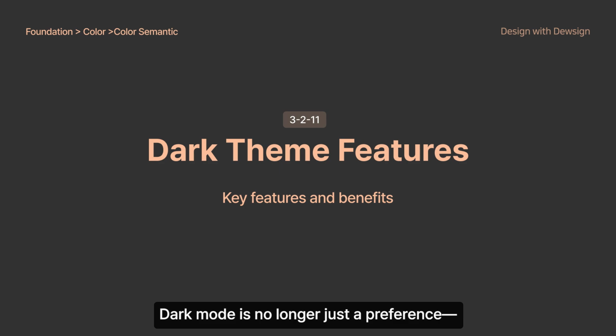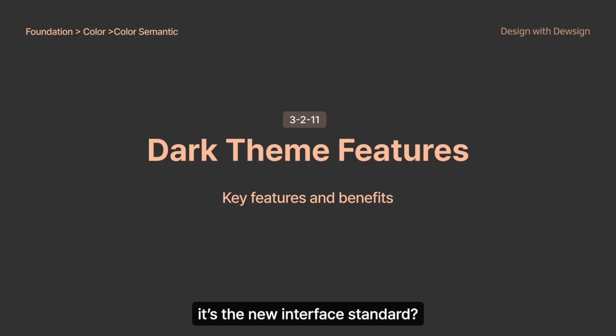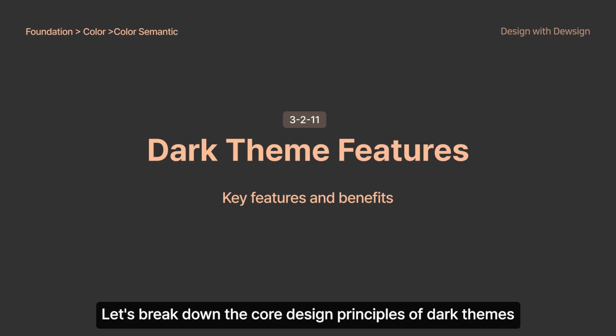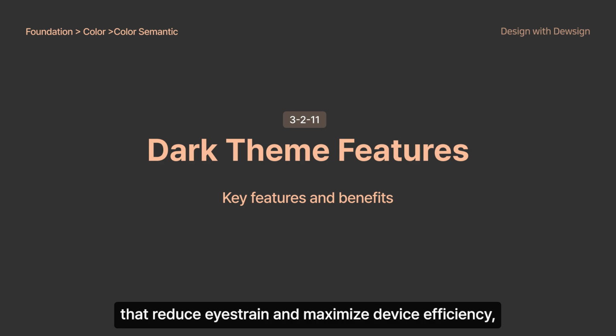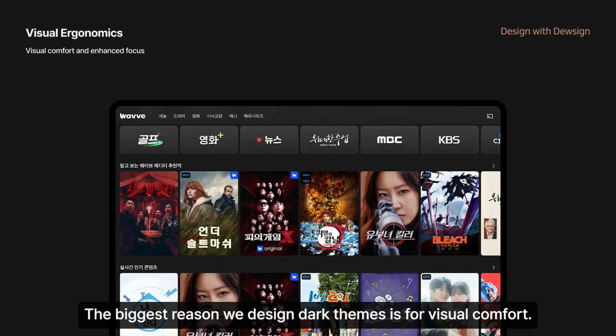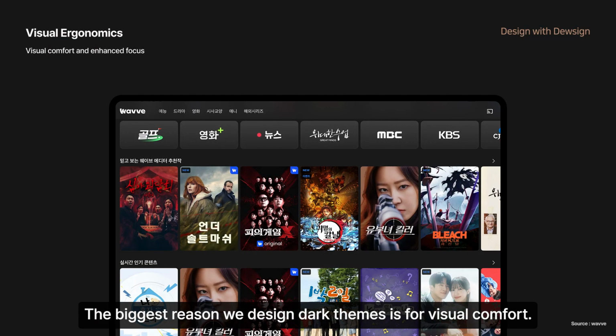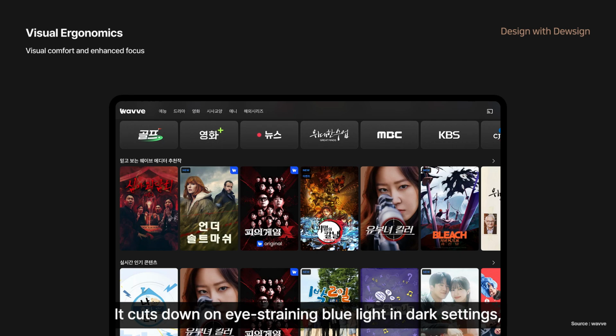Dark mode is no longer just a preference. It's the new interface standard. Let's break down the core design principles of dark themes that reduce eye strain and maximize device efficiency, one by one. The biggest reason we design dark themes is for visual comfort. It cuts down on eye-straining blue light in dark settings and hides distractions so you can truly immerse yourself in